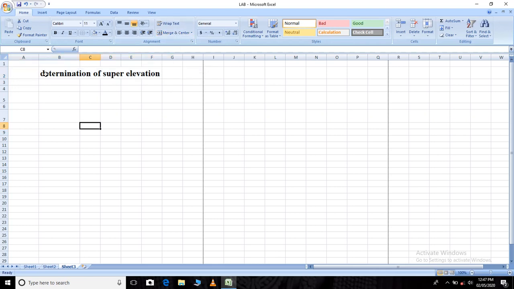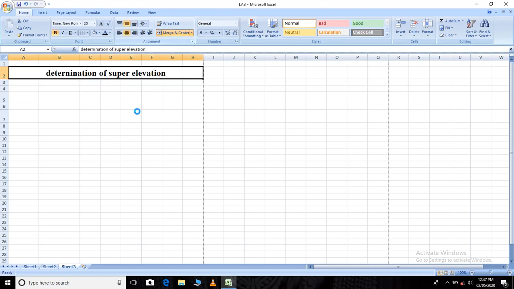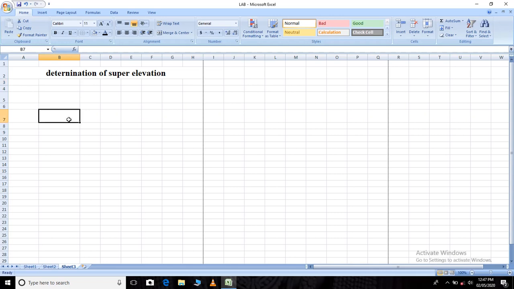See, now it has unmerged, so merge and center again. So that time you have to use Merge and Center. Whatever you type, type continuously in one cell only. Understood?